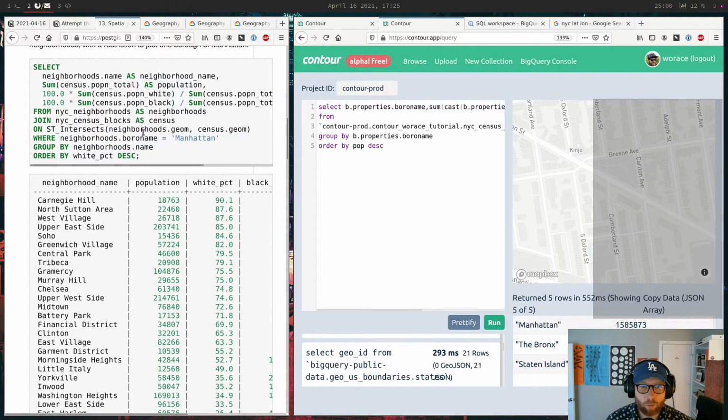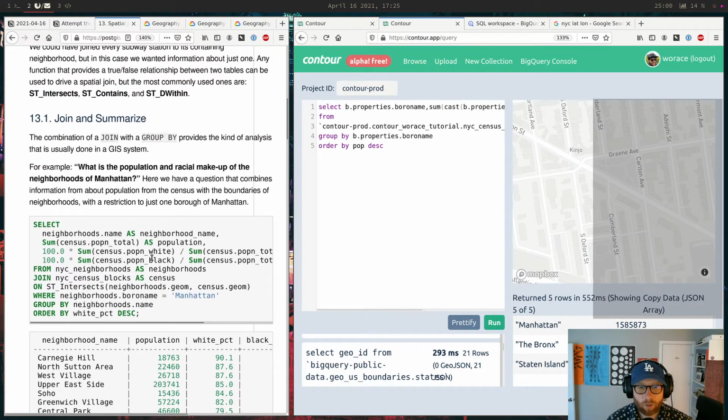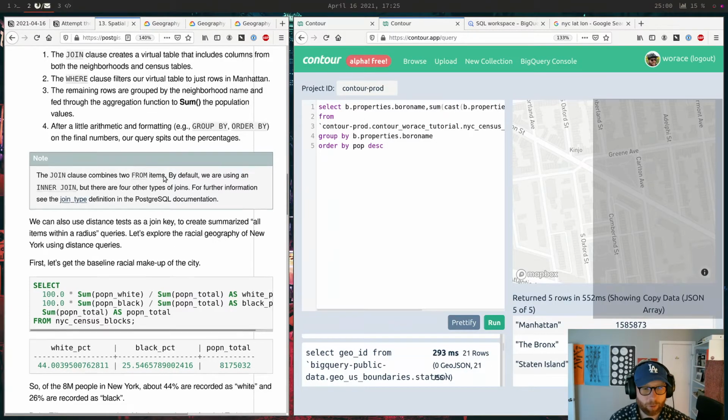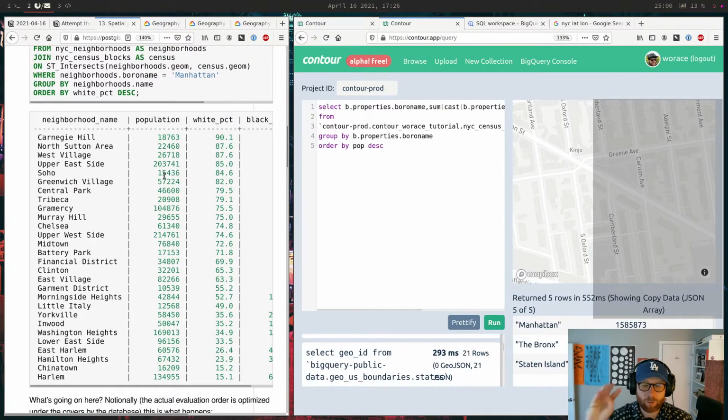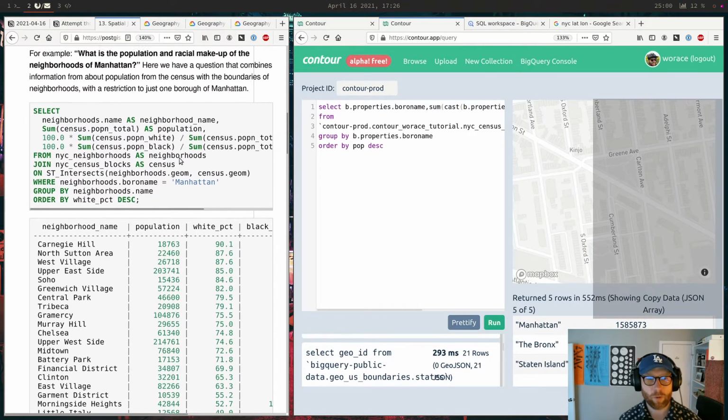Okay, so they want to do it by neighborhood. That's why. Interesting. Sorry, I'm getting very hungry and losing my focus here. Okay, so I could have done this without a spatial join for borough because borough name's on there, but I couldn't have done it for neighborhood because the census blocks don't have neighborhood on them. Yeah, very cool. So I could do this. Okay.